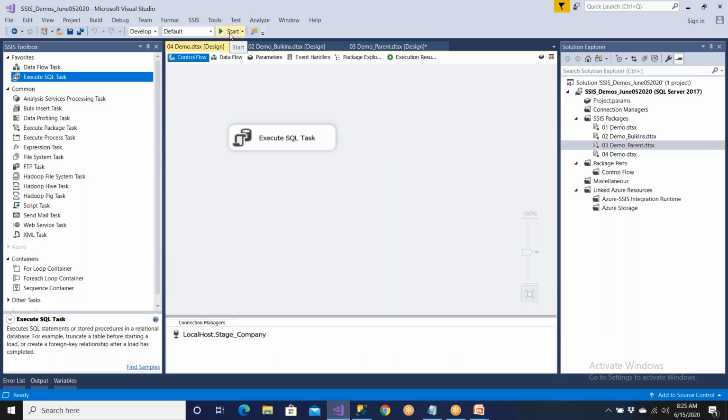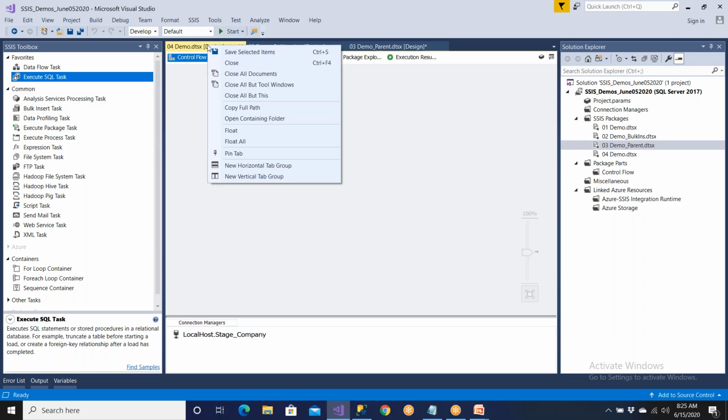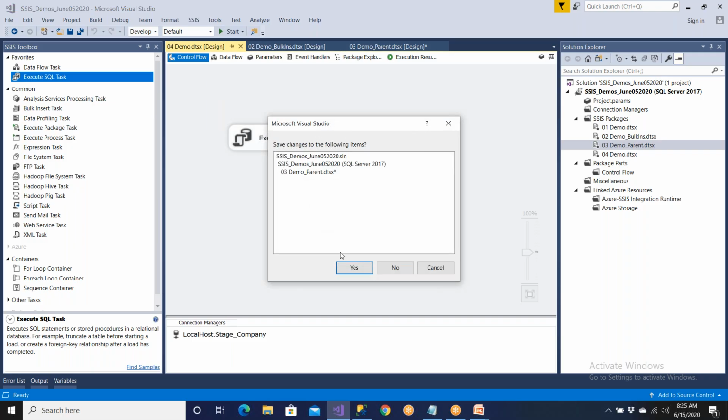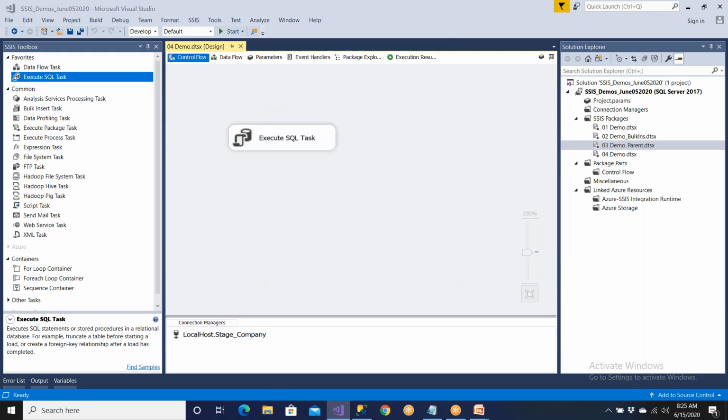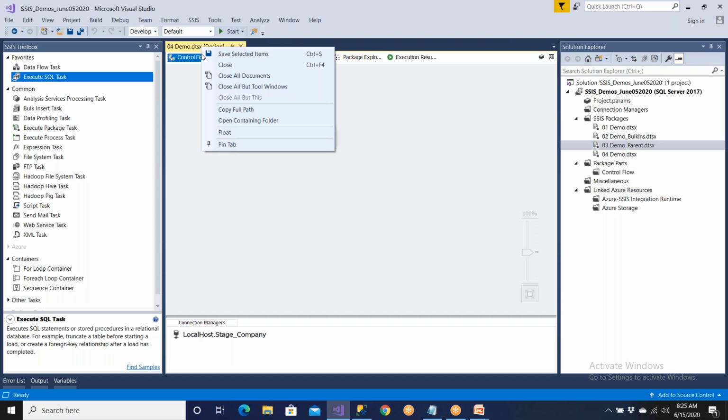There are many things available here. If you wanted to close other packages, right click on this, say close all but this. Okay, save and close it. So I wanted to know where is my project stored. I forgot the path. After 1 month, I opened it. Where is this project? So if you wanted to see the path, go to this and right click, say